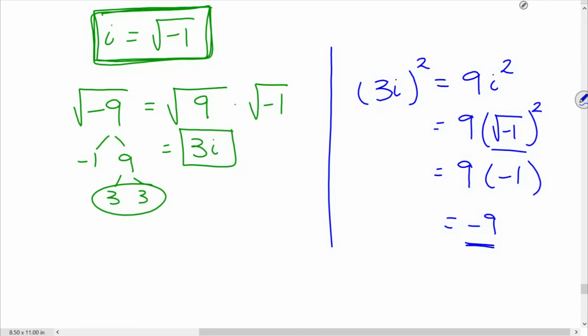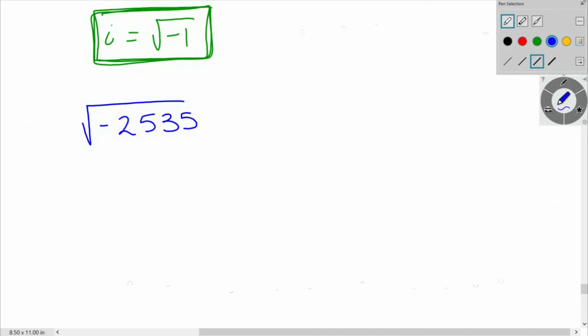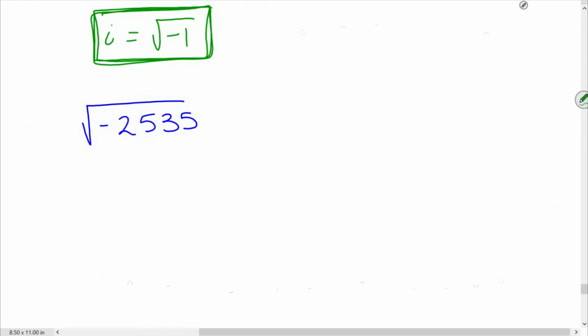Okay, right here I want to do one more example where we're simplifying radicals that are negative. Let's look at the square root of -2,535. Okay, now if you want to review simplifying radicals, please see the previous video about simplifying radicals. Okay, now again, I'm going to use a factor tree, but the first line will be -1 and positive